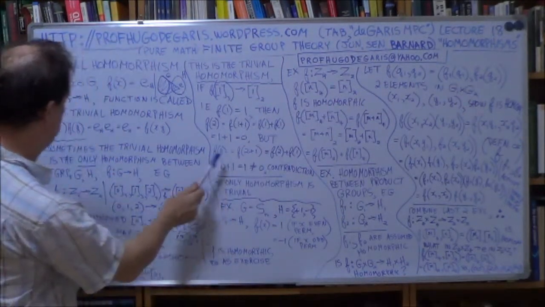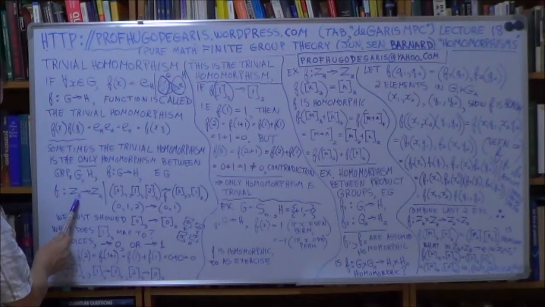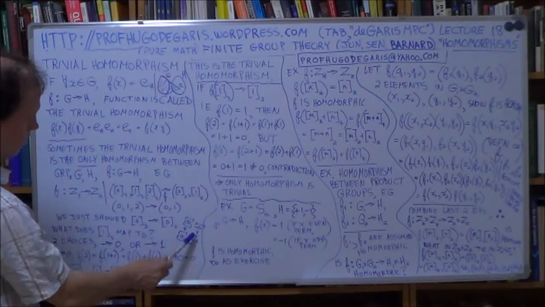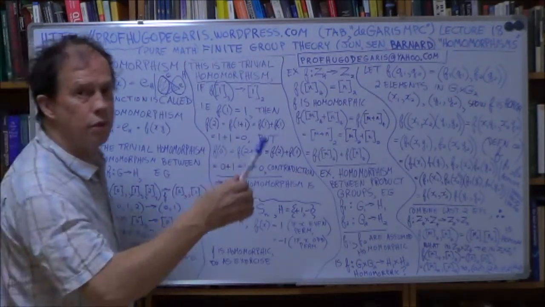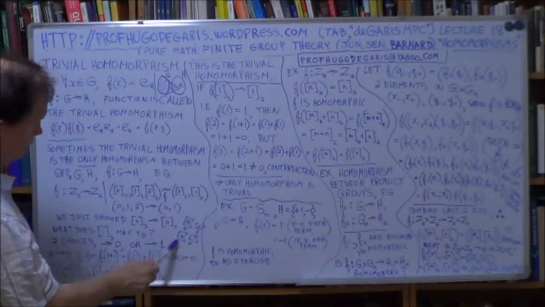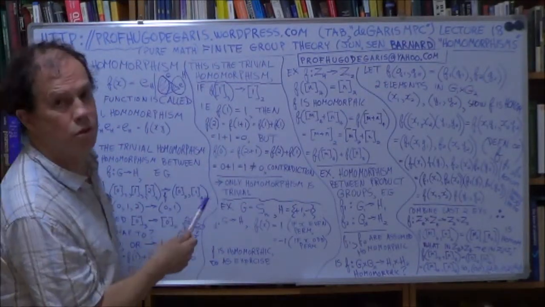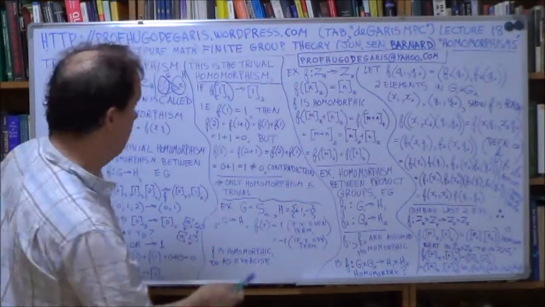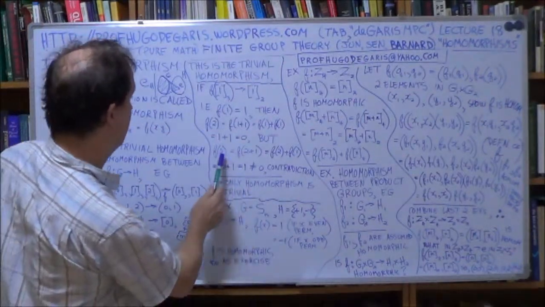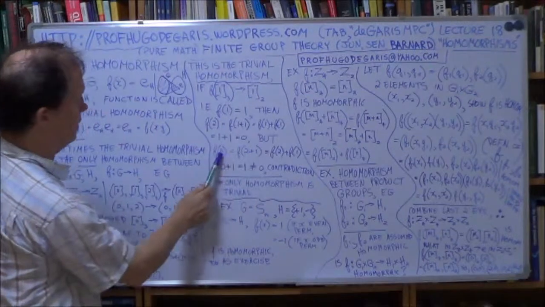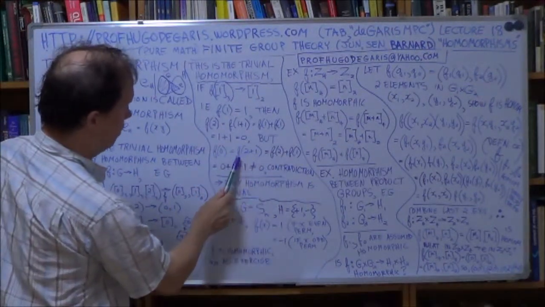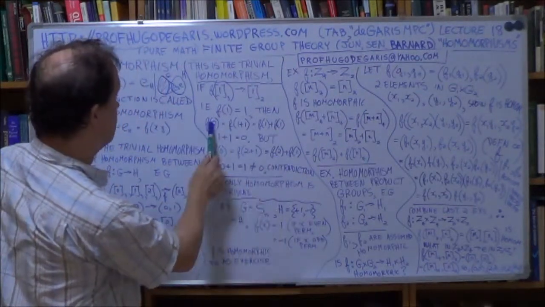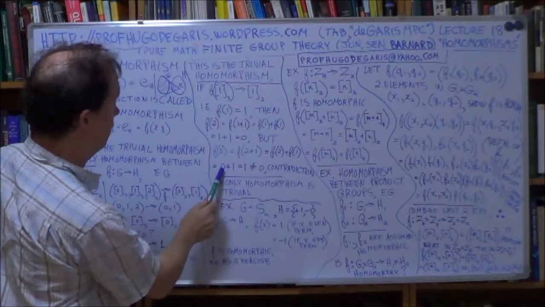0 in mod 3, the 0 here, by using this again, is the same as 1 plus 2, which is 3. 3 mod 3 is 0. Using the usual rules of residue class arithmetic, 2 plus 1 is 3, mod 3 is 0, so 0 is this, and we're assuming again f is homomorphic, so that becomes f of 2 plus f of 1. f of 2 we just showed was naught, so put a naught here, and f of 1